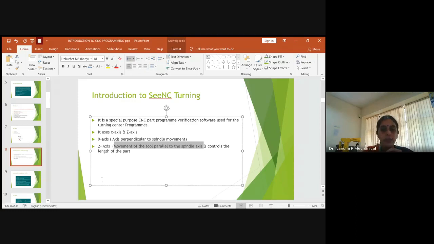The z-axis will also help in controlling the length of the part required to perform that particular operation. Suppose a given part has a bigger length, but after making the part, the required length might be very small, right? So it will also help in maintaining the required length of the part for that operation. Both these concepts will be taken care of by the z-axis. So when the CNC turn software is being used, one thing you have to keep in mind is that it has only two axes: the x-axis and the z-axis.